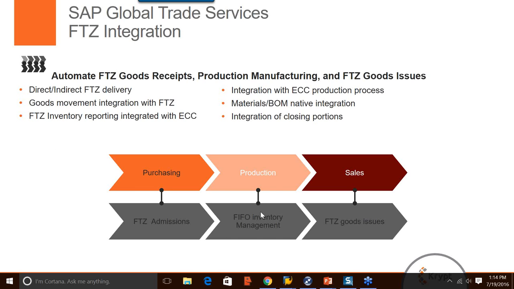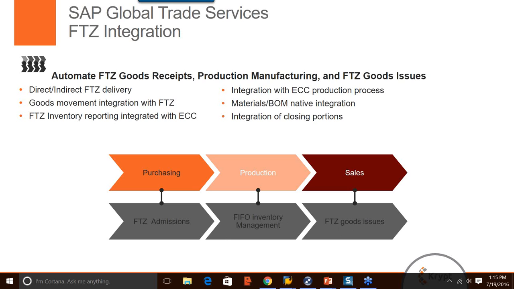Production, inventory storage, again, there's integration between the production process and ECC and the inventory posting process in SAP GTS. And then exiting the zone, either for domestic consumption or for export, the integration is with the FTZ goods issue process. So there's very tight integration with